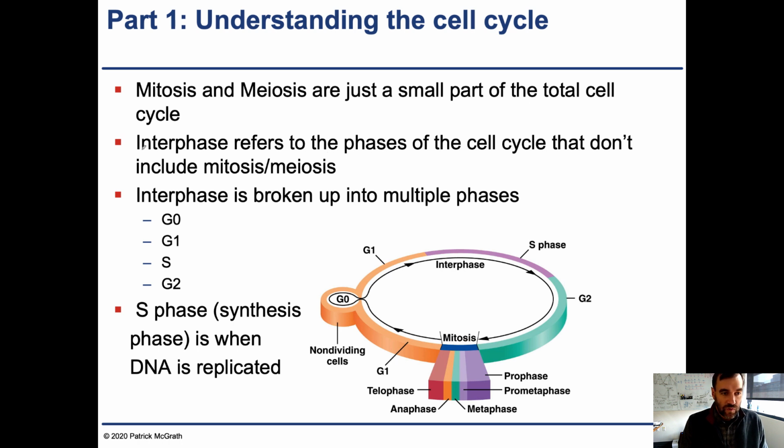So the interphase refers to the phases of the cell cycle that don't include mitosis and meiosis, and the interphase is broken up into multiple phases, so G0, G1, S, and G2. So the cell is sitting around, and perhaps it decides that it wants to divide into two different cells, and so it has to